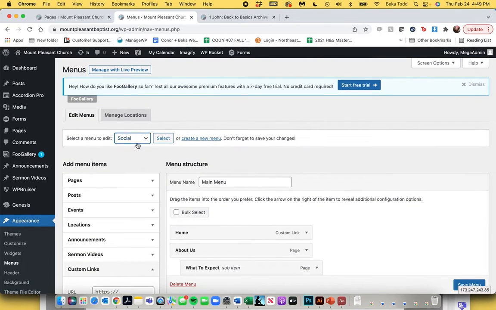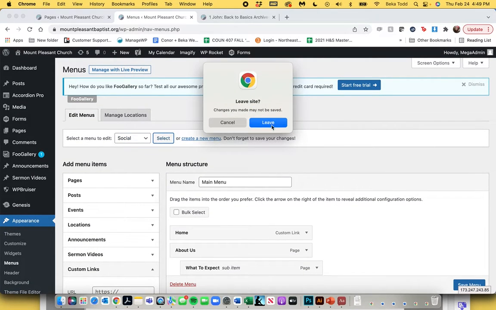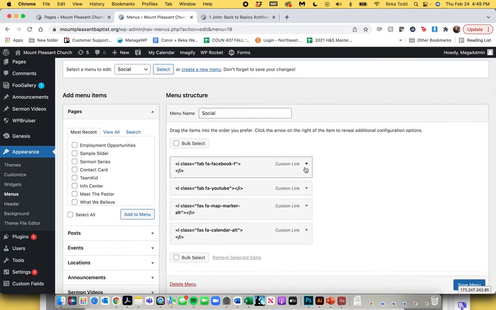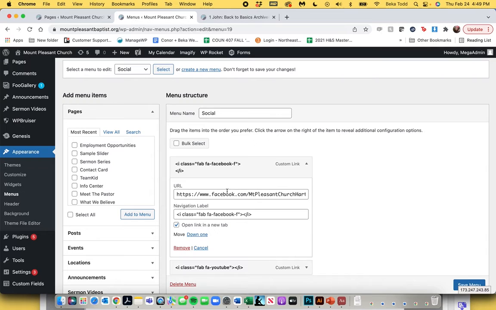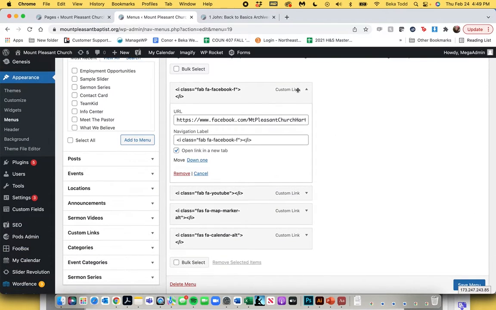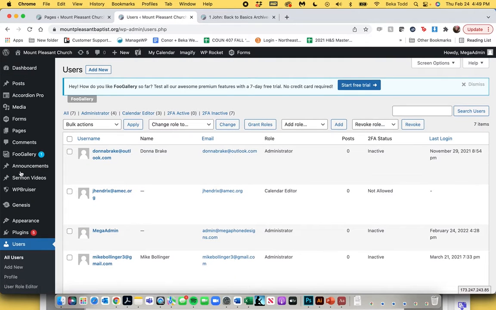Then there's also the social media menu, which is at the bottom of your site down here. And these can be changed out if the links change. You can just replace the URL here. And we've got that all set up for you. So probably not too much that you'll need to update, but you can just click save if you make any adjustments there. Under users, this is where you can